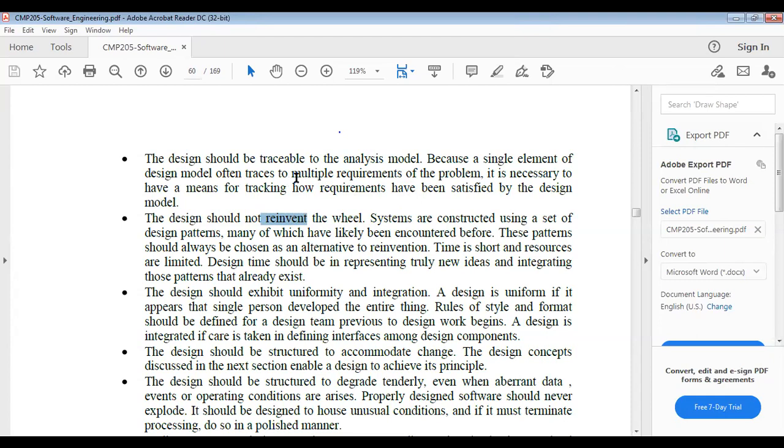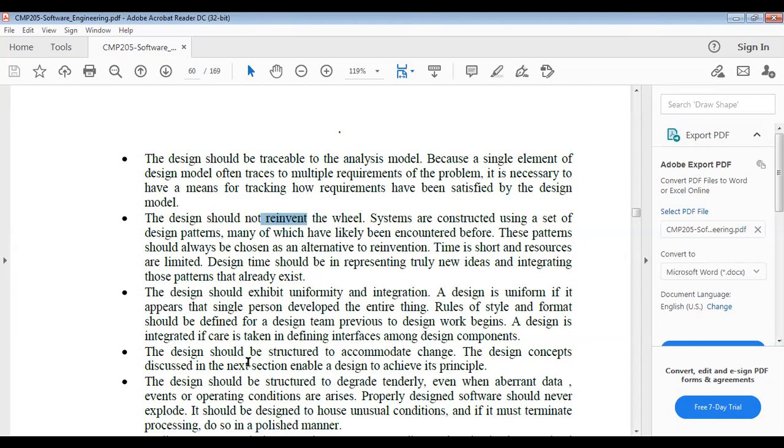Next one is the design should be traceable. Whatever employee is working with the software, he or she can trace the design easily. So designing should be traceable. It should be easy. The design should exhibit uniformity and integration. The design should not be more complicated. It should be exhibited uniformly.